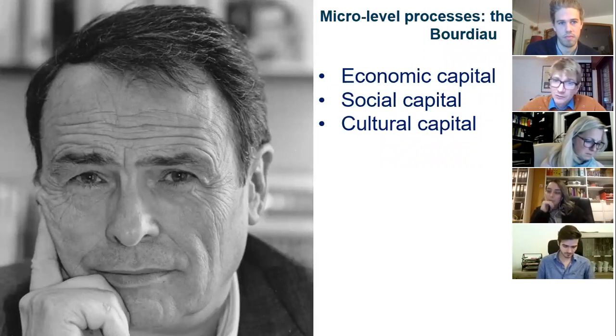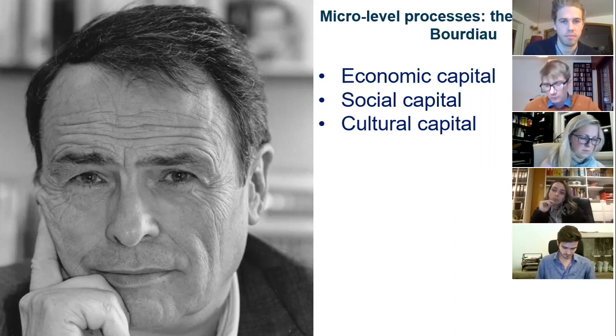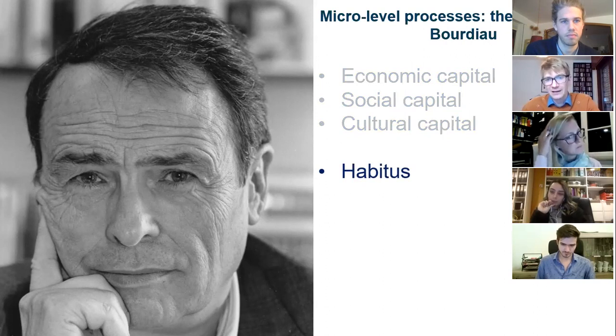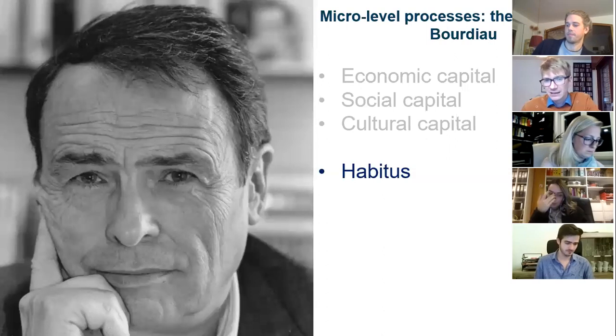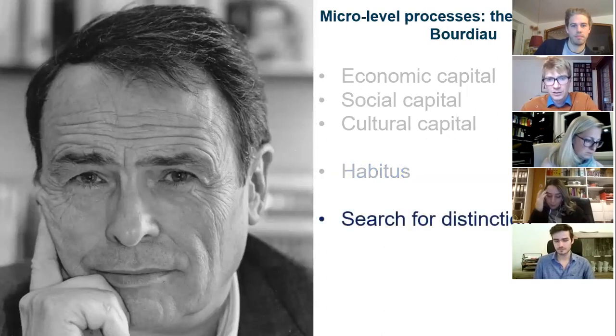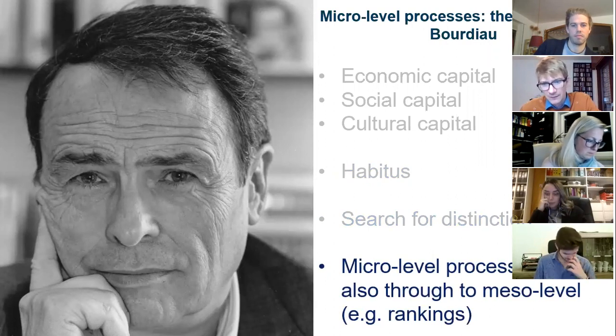And then cultural capital plays an important role, as international students very often come from higher socioeconomic strata. And there is also a culture there about mobility and the value of mobility that is being passed on intergenerationally. And I will provide an example of some research on that later on. And so mobility very often gets ingrained in the habitus of individuals, and is used in what Bourdieu calls the search for distinction. And how does that work for international student mobility?